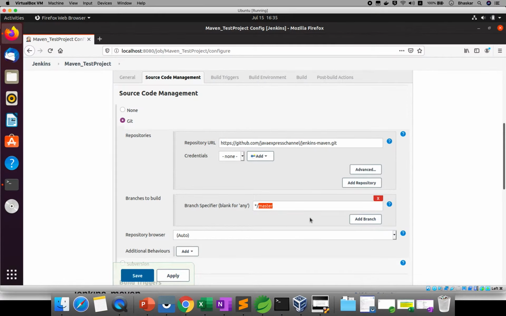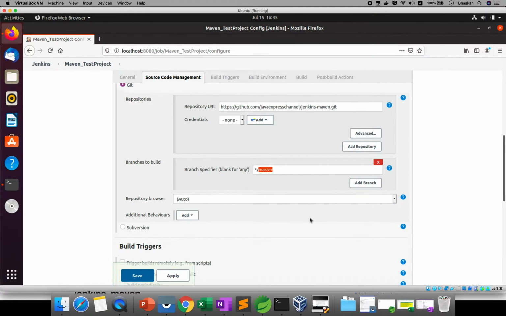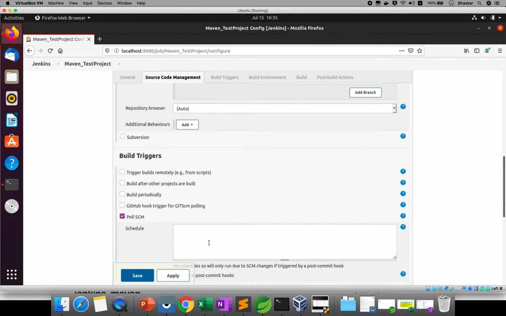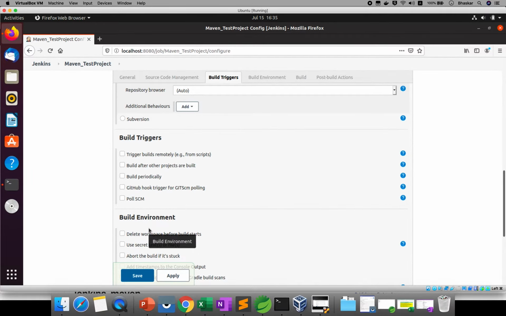It's the default option. Trigger build remotely is not required. Poll SCM, right now I won't give this one, I will explain that part later. Build environment: delete workspace before the build starts.